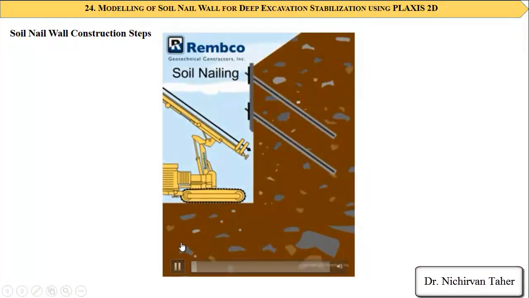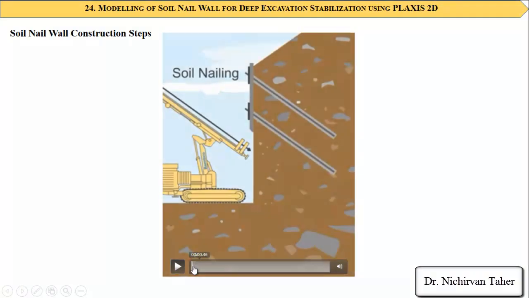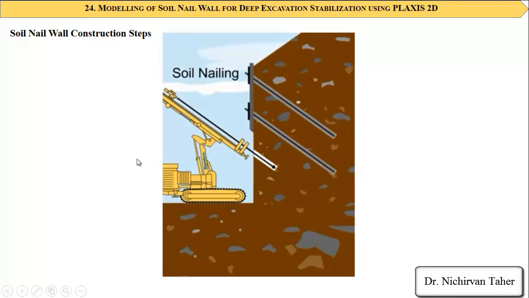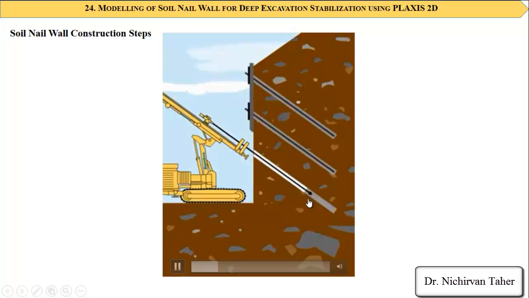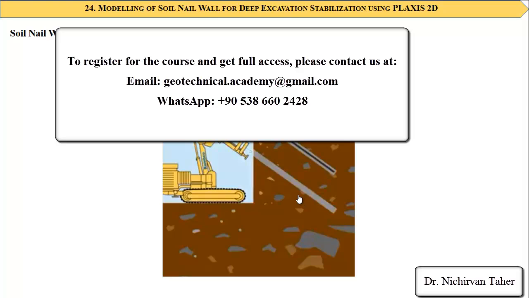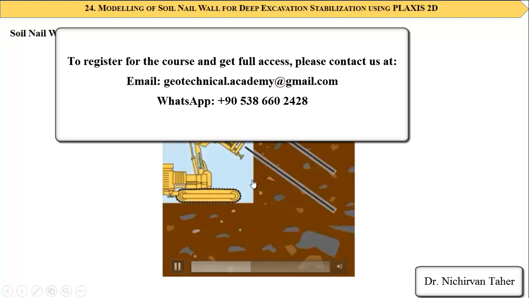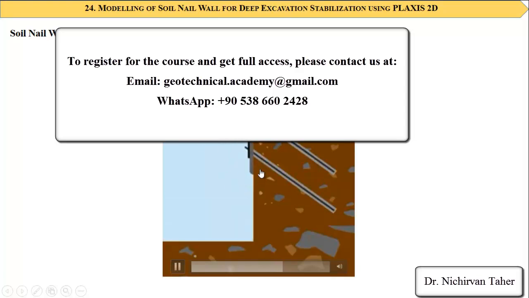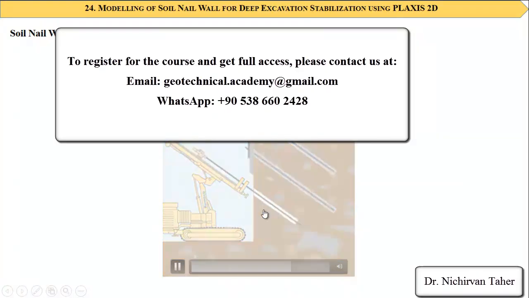Here I will show you an animation. I downloaded this animation from YouTube and I want to play it here. As we can see, first the hole is drilled, and after that the bar is inserted into the drilled hole with the grout. Then the Shotcrete is sprayed at the face, and after that the plate is installed, and these steps are repeated